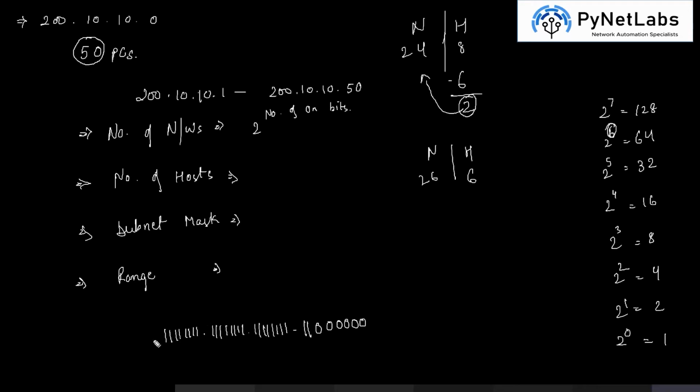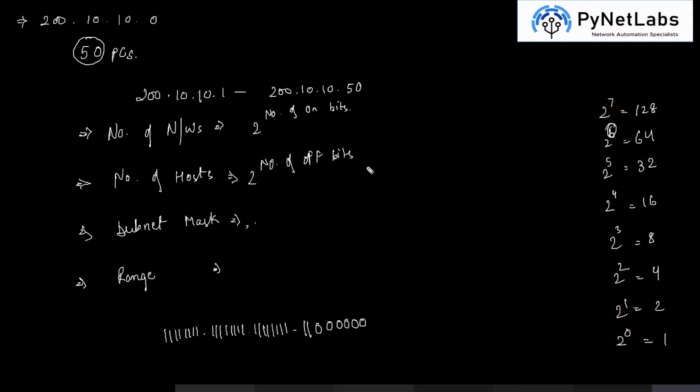Now, if you calculate this on the same master formula, you will get your subnet mask. But we will look into this later, and we will now try to find out the number of networks and the number of hosts. So for the number of hosts, you have to keep a 2. Then after that, you have to put the power with the number of off bits. So we will take the number of off bits here and we'll see the result. Then for the subnet mask, we can simply put this into the master formula and get the subnet mask.